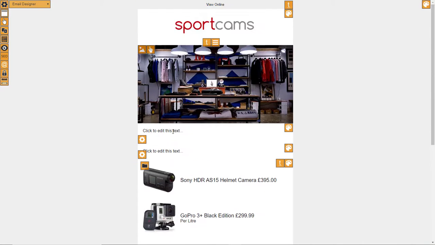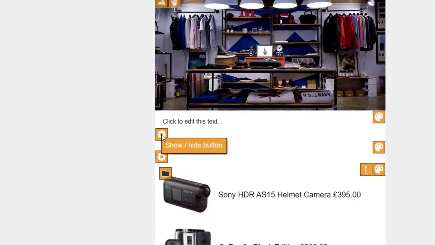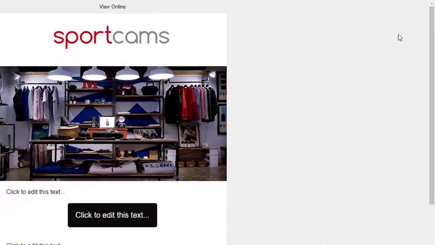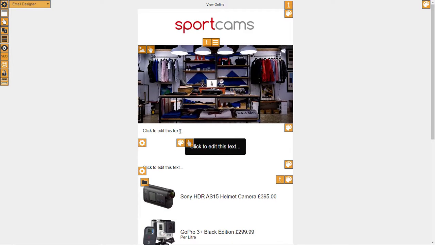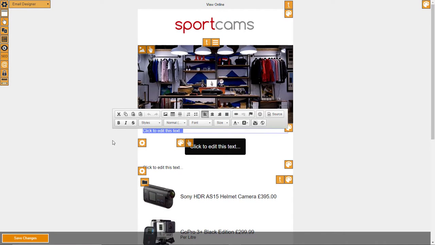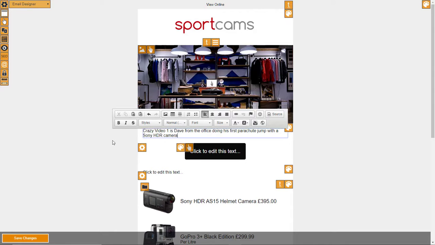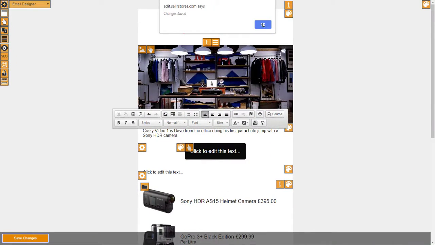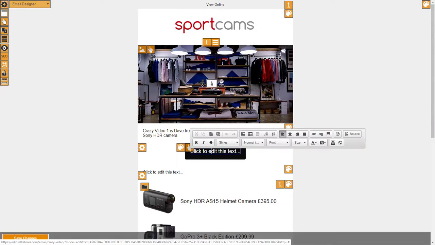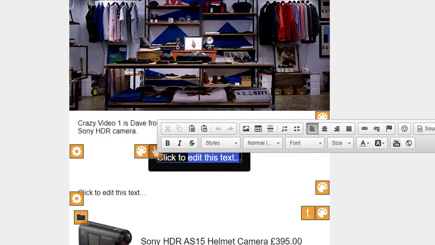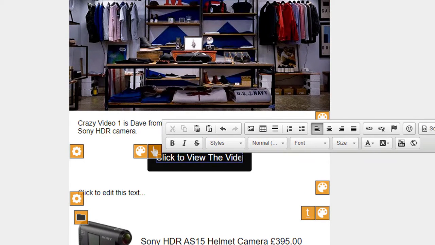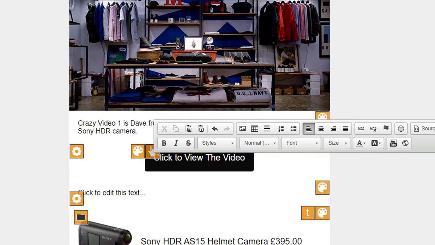So the first thing I want to do is I'm going to show the button because I want to have a button on here because it's going to point to a video. There we are. So I'm just going to put here Crazy Video 1. Crazy Video 1 is Dave from the office doing his first parachute jump with a Sony HDR camera. Click on OK there. Oh yeah, I need to change the text on this button as well. So click to view this video. Click to view the video,